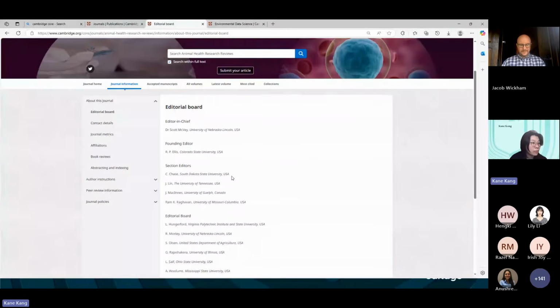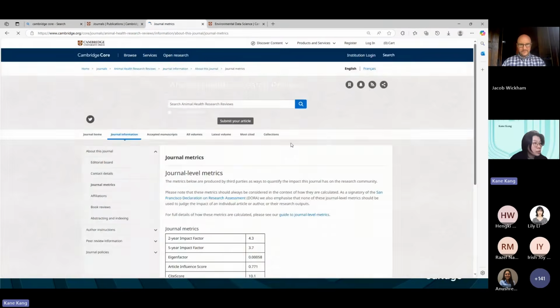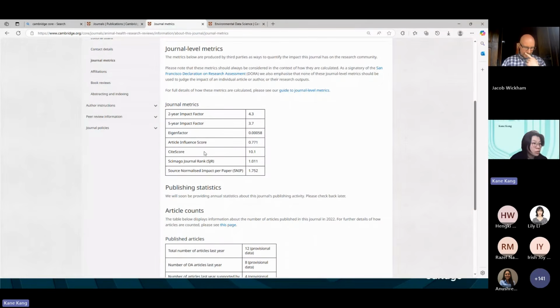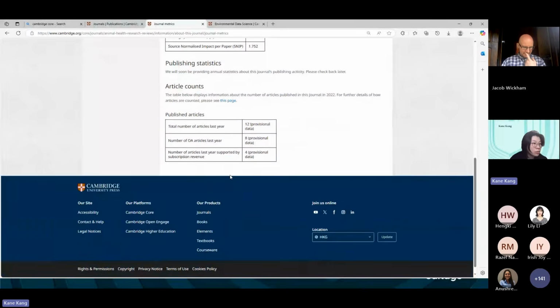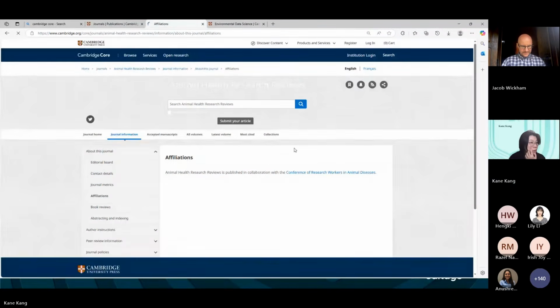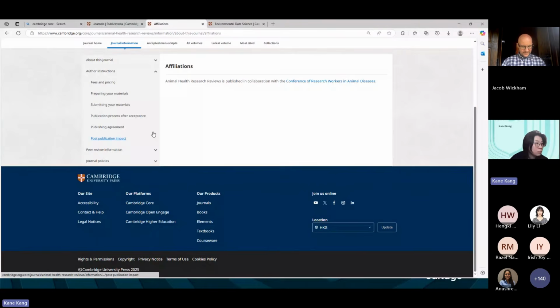That's editorial board information, who's the EIC, who's the funding editors, section editors, and you can see journal metrics, impact factor, CiteScore, and all the numbers. You can check the affiliation, and then if you decide to submit your article to this journal, click this, also